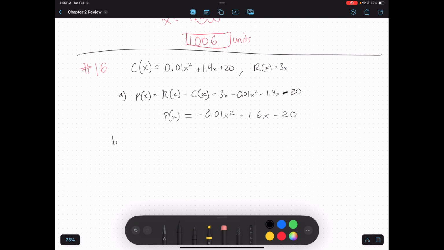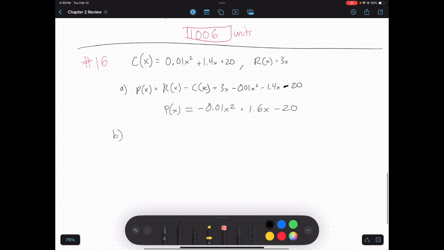But B is where I wanted to focus. Okay, because B asked me, find delta P, or change in P, and P prime of X when X is equal to 80, when I'm producing 80 units, and delta X is equal to 1. Okay, so if I'm producing 80 units and I want to change it by 1, and I want to produce 1 more,